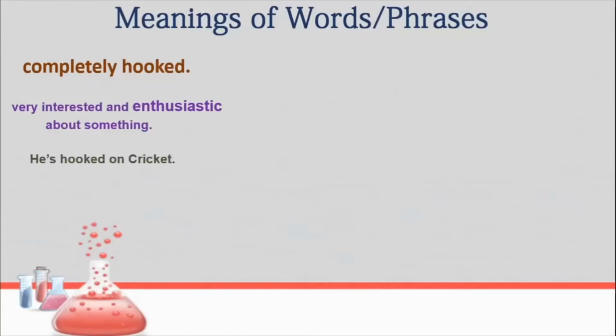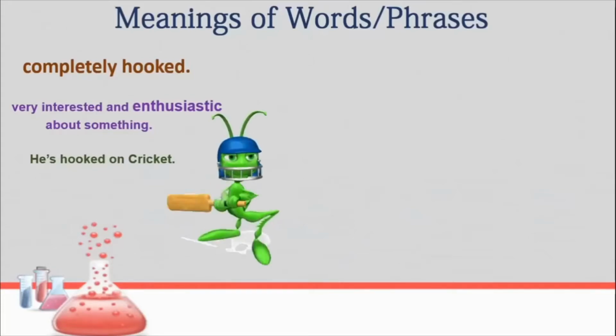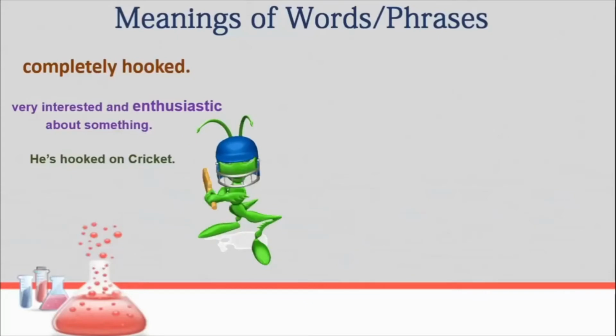Let us look at an example sentence here. He is hooked on to cricket. Hooked on to cricket here means he loves to watch cricket, to play cricket, etc. Now I took this particular picture to show you what cricket is, because here there is one more interesting concept in English. Now, since we are talking about words, about vocabulary, from this picture we